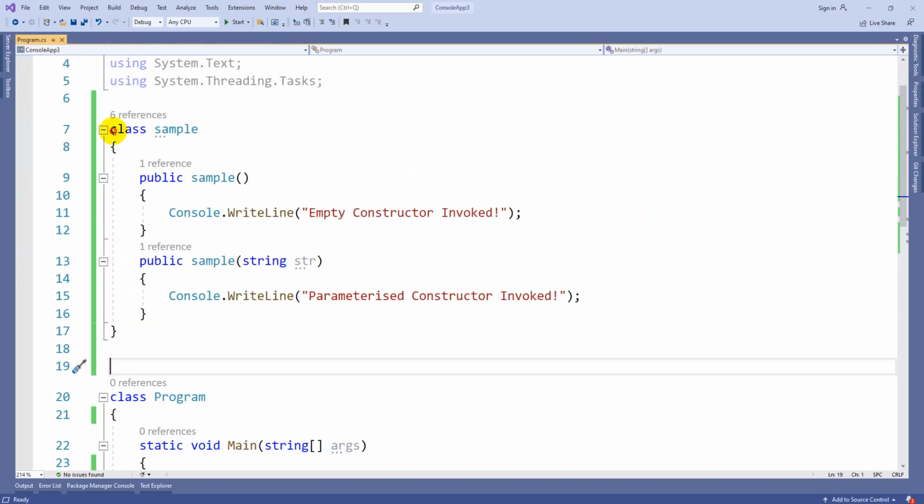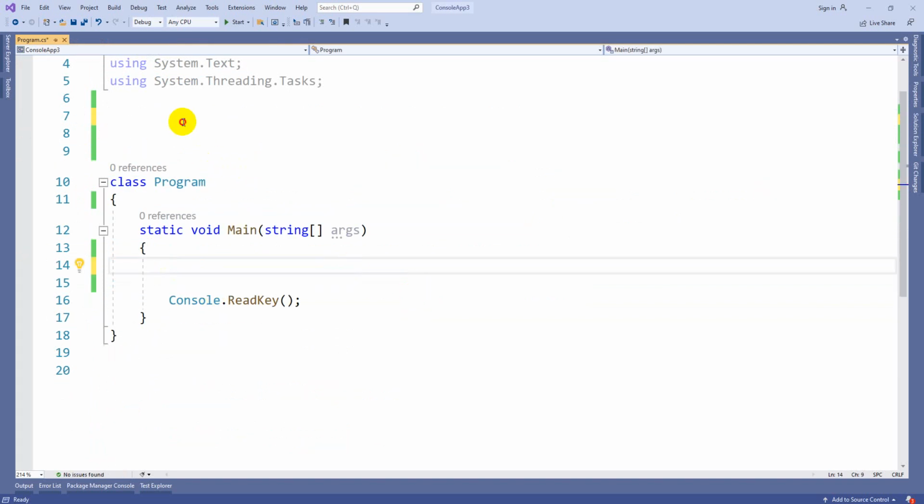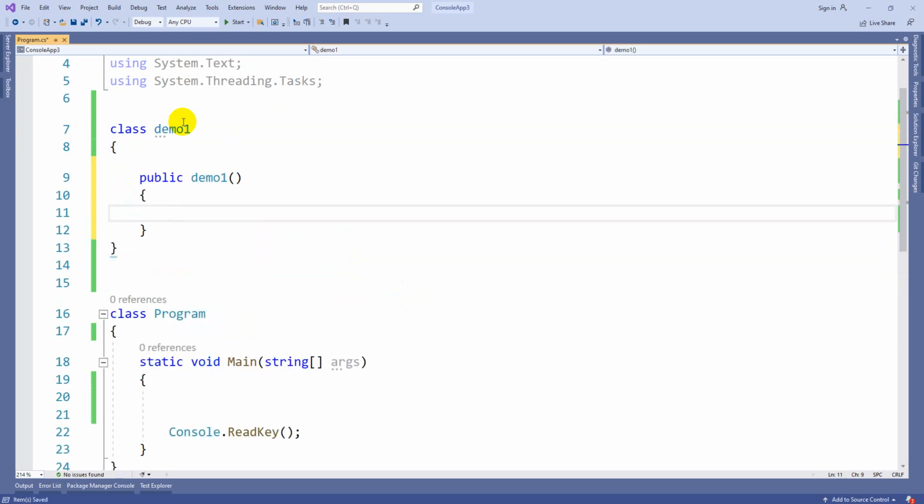Let's observe carefully. Class demo1, otherwise let's take Parent. Parent class constructor invoked.